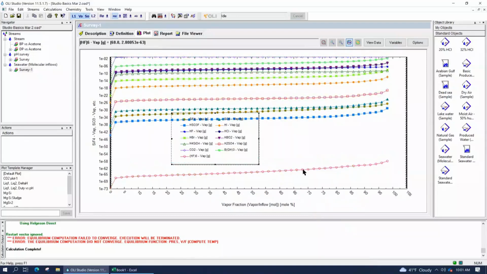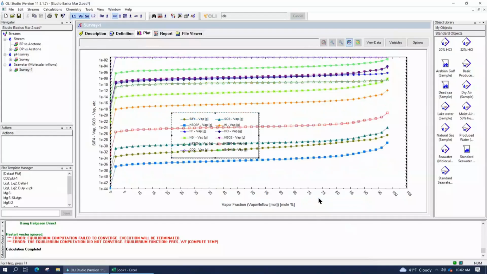Same with the silica hexafluoride, the hexamer, the hydrofluoric acid hexamer. You can see that 10 to the minus 65. Yeah, really? Get rid of it. I don't need to look at that. But the idea here is that when you don't know what you need to look at, throw everything in there and then use the plot to figure out what's important and what's not important.